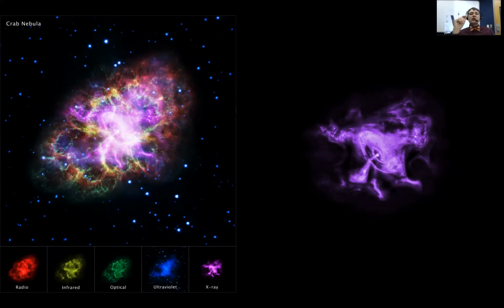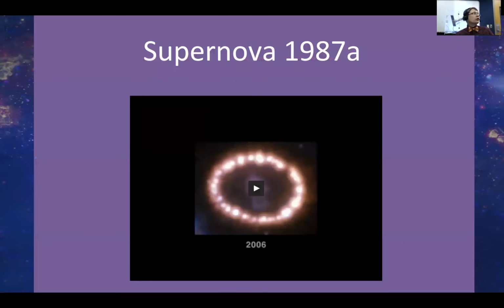And it does that dozens of times per second, so it looks like it's pulsing. That leads to the name pulsar. Those are some really energetic things that we're able to see here from Earth.